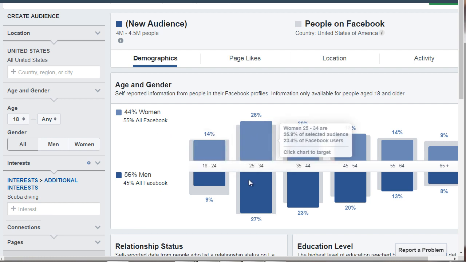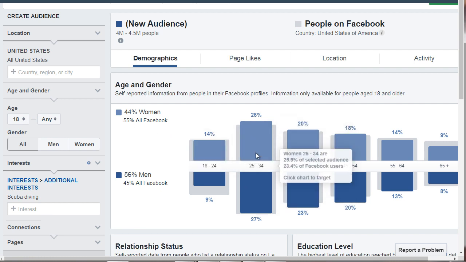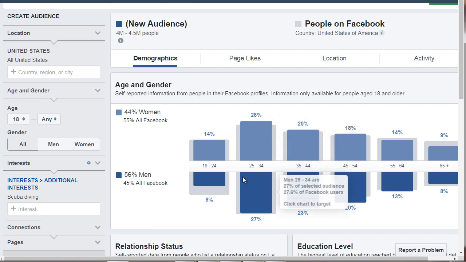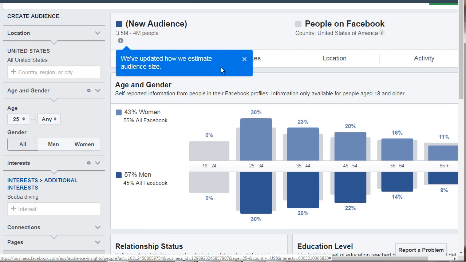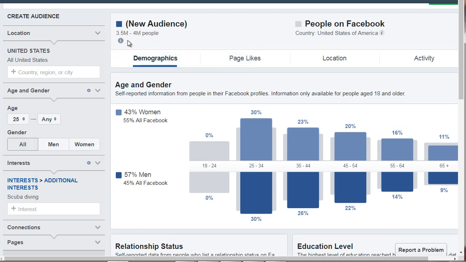Now, like I said, we see 25 to 34 as the age. So what I'm going to do is I'm going to do 25, like so. And we can kind of get an idea that this is the majority, and then it kind of sinks down here. So let's just say we're going to start with this group here.